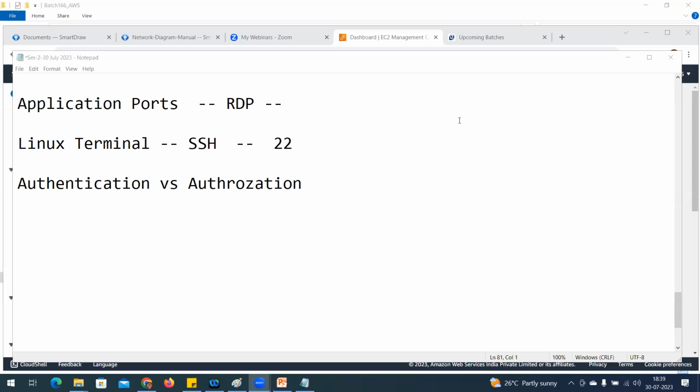Exactly. Thanks, Hari. Authentication is just like an office building where you have a card. You can enter the main gate by showing your ID card. But as soon as you enter the floor, you need to swipe the card, meaning you should be authorized to enter that floor. That is authorization. Authentication is identification that you are employed. Authorization is providing a certain level of permission to do some activity.